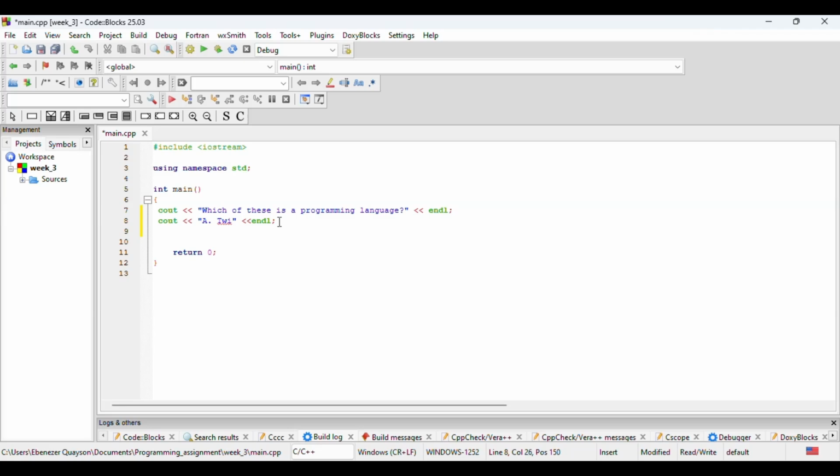Because I'm going to be typing in the options, let me just copy and paste this, then I'll just change the values. B, C++, C, we have Ga, and then D, we have Hausa, right? So after displaying the question and the options, we give the user the chance to type